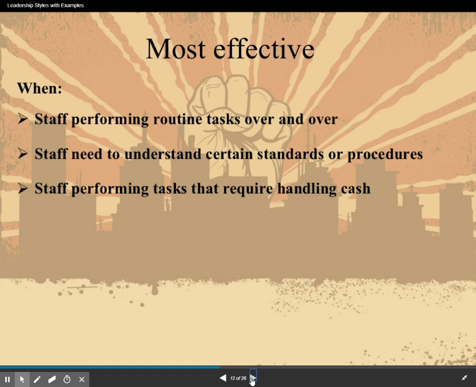So it happens a lot when you handle cash, when you work at a bank or at a grocery store. When you're handling cash, there's this very specific way that you count your money before and afterwards. And they may even have a specific way they want you to count change back to a customer to make sure you're giving them the right change. There are reasons to do this: to prevent injury, to prevent financial loss, to prevent other things from happening that don't need to happen.